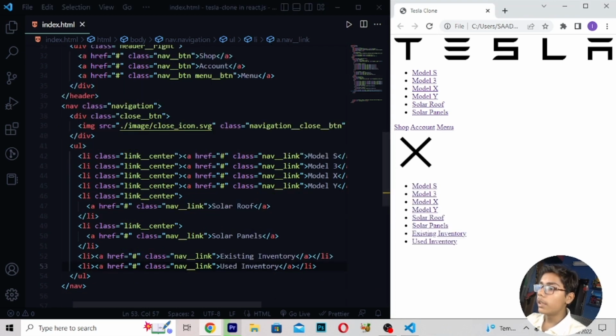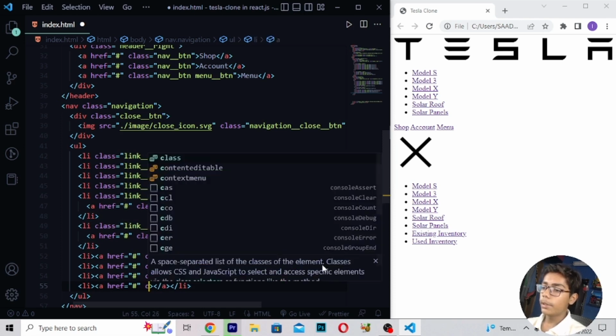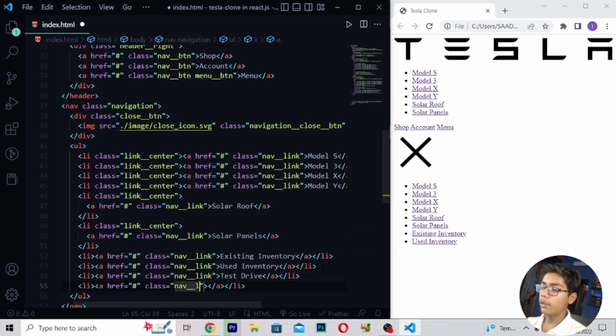Now you can see we are getting all this stuff. Now when you're getting this, here I will be writing li a tag, then here I will be writing class should be nav link, then I will be writing here Test Drive like this. Then I will be just moving, right here li tag a tag, then here I will be just writing class which should be nav link, then I will be just now writing here a tag which should be like Cybertruck like this.